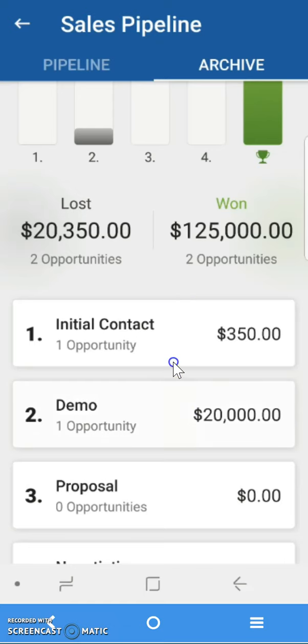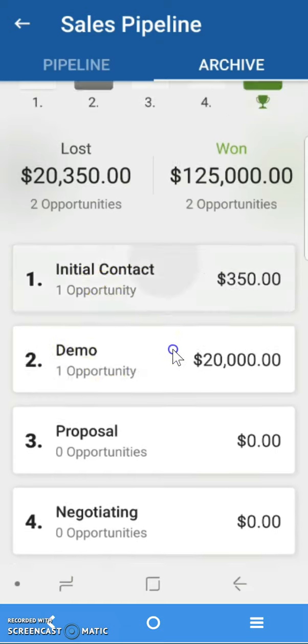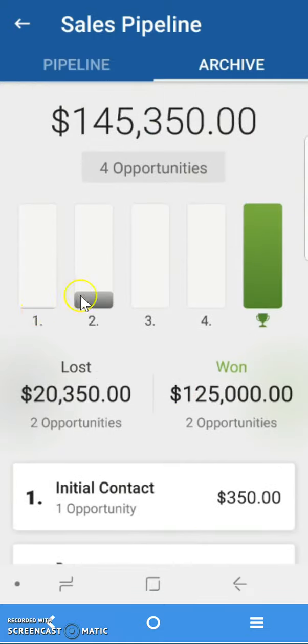So this gives you a high-level overview of when you're losing deals, and one opportunity was lost when it was in step 1 of your sales process, and another one was lost when you were in step 2 of your sales process. And that's why you can see a very small gray bar in step 1, a larger one in step 2, because of the size of those